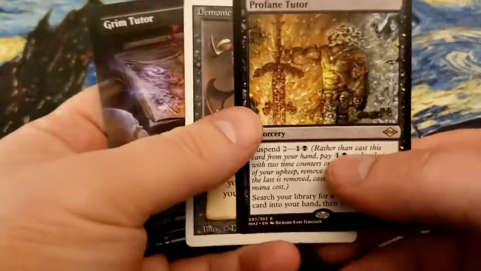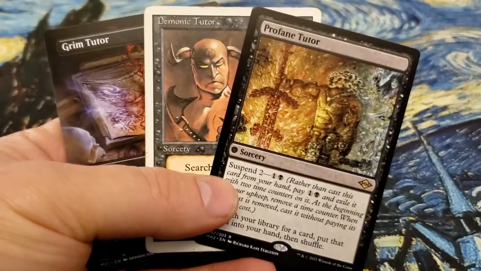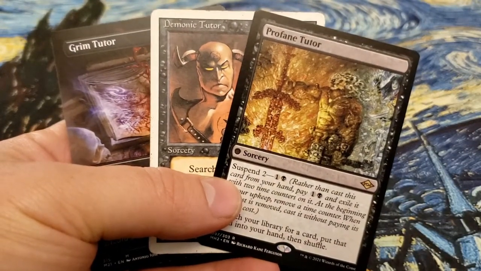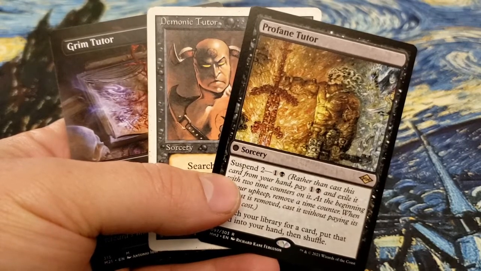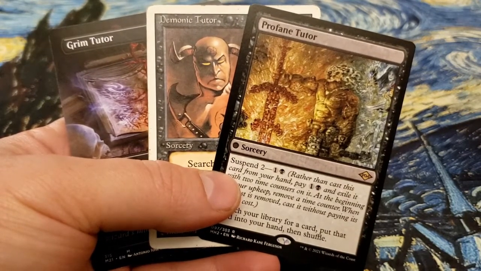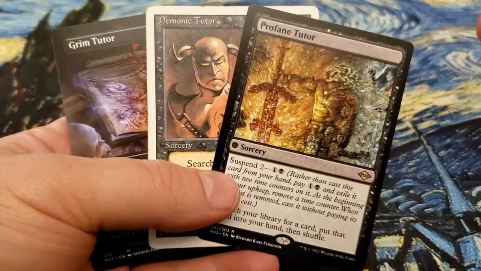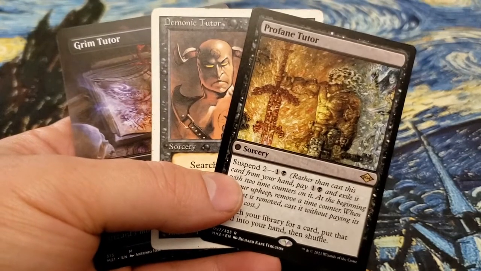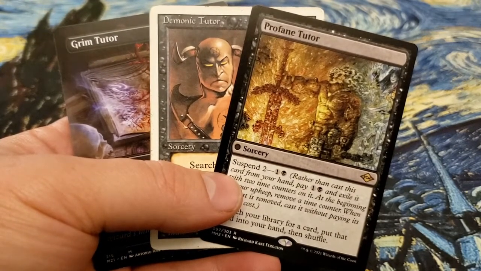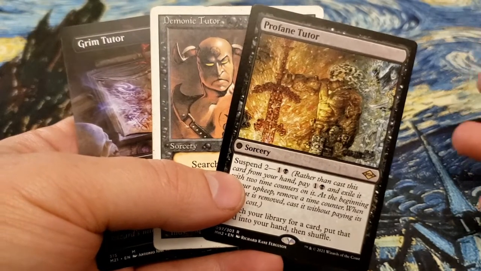On top of that, we are going to have the Tutor Suite. Vampiric Tutor is up there with that. I did not want to spend the money on the Vampiric Tutor if I didn't think I was going to end up fitting it in the deck. And what I came to the conclusion of was that these are just too good. And they are just definitely auto includes in any decks that are running black, because they will increase the consistency